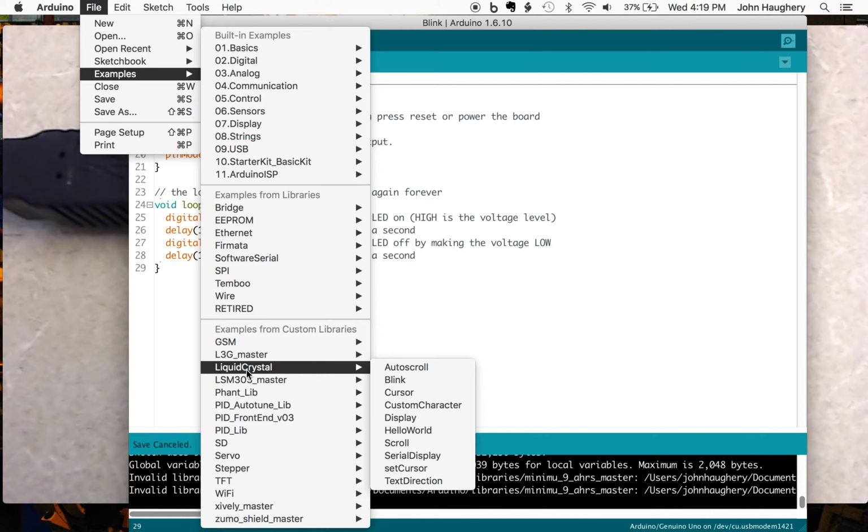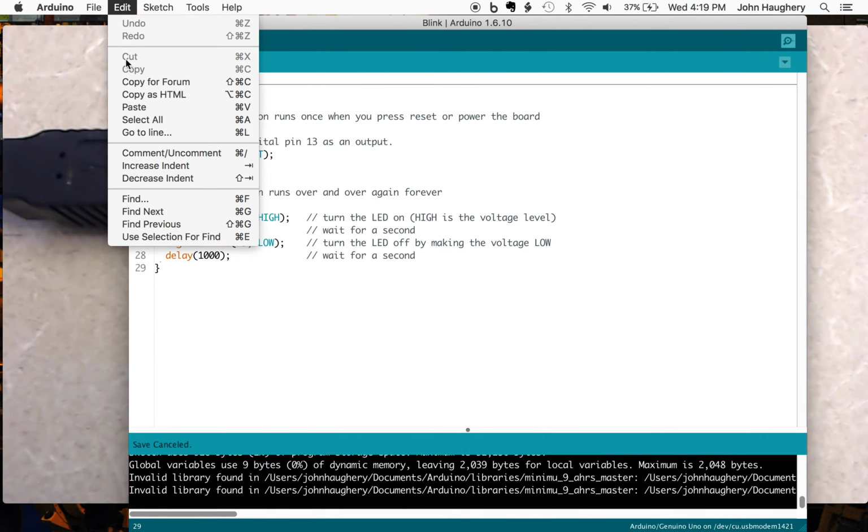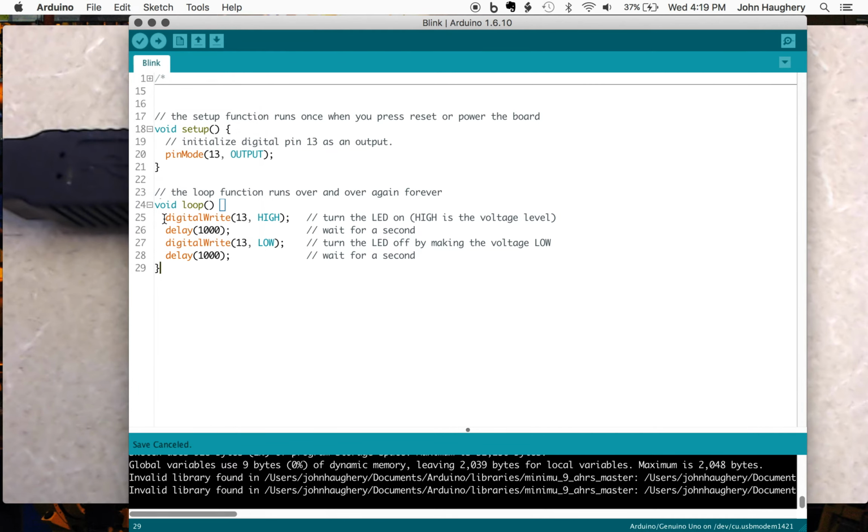We'll use some of those, but we're not really going to get too deep into that. Also, we can edit our code. A big one here is commenting and uncommenting, and that comes into play if we want to have a chunk